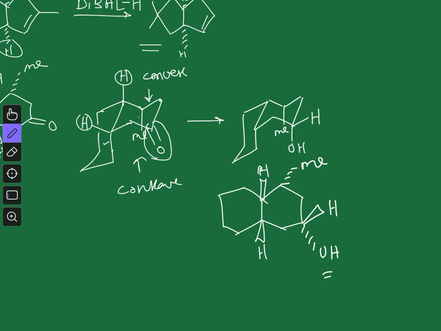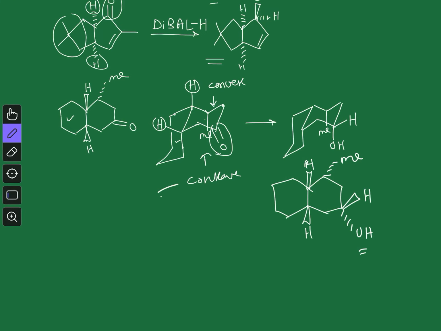So again you don't need to draw it in the chair form, you can just look at this particular structure and predict the product, because the hydrogens are above the plane. So that's why the nucleophile will also come from above the plane, and you will get this incoming hydrogen above the plane. So if you just know the concept of attack on the convex phase, you can easily predict the answer. Every time you don't need to draw the molecule in its proper form, you can use the shortcut.